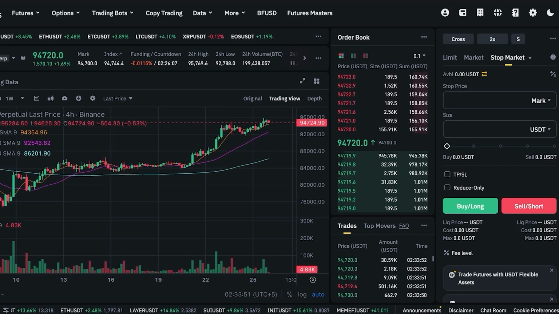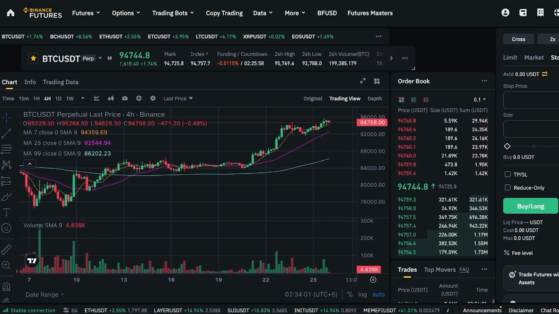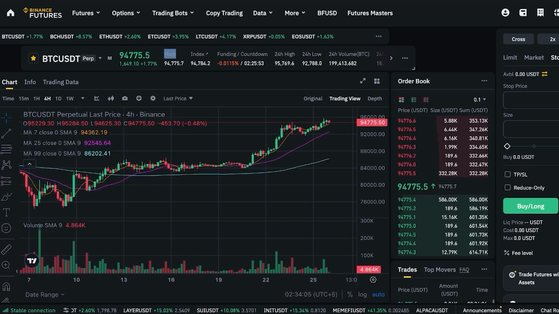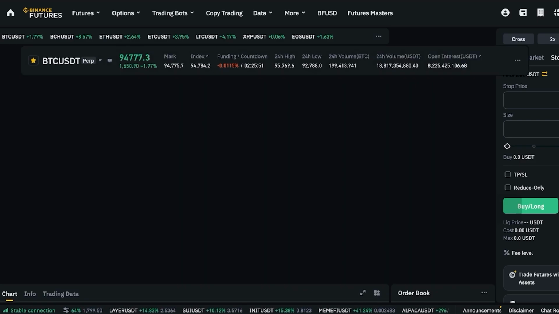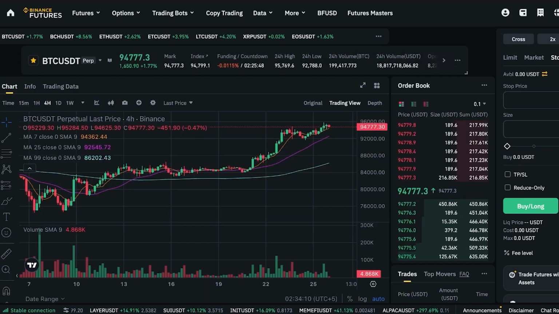So you long or buy when you expect the price to rise. Let's say the current price is 64.744. I expect the price to go high, because when you're trading futures, it does not necessarily mean you're always going to be buying or selling. You're actually predicting the price. You're basically doing regression, where you're predicting